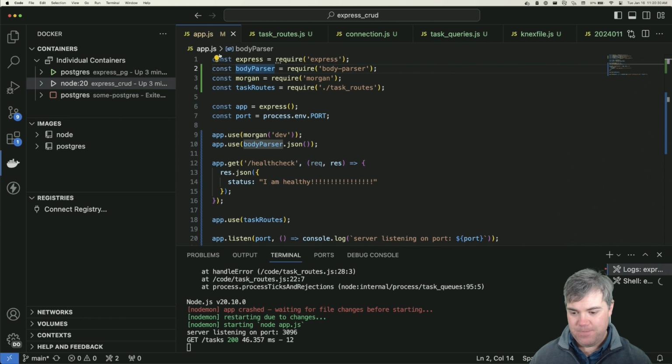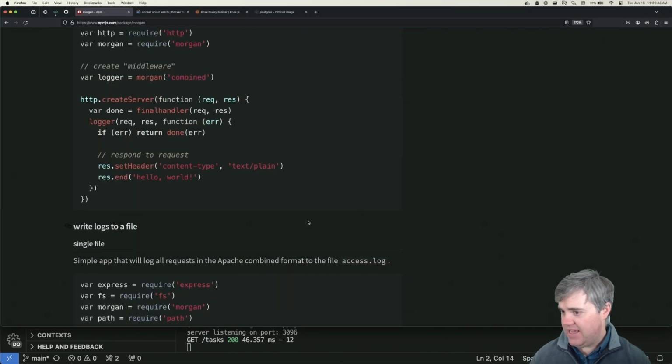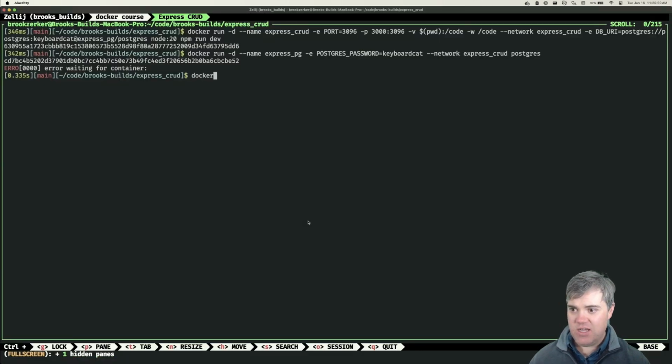Okay, so we just reset our database and the data is gone. So let's say we wanted to reset our database and not lose all the data and just have the data continue to be there. Now, we can do that by creating a volume container, which is kind of weird to say that way, but it's very possible. So what I'm going to do is a Docker volume ls,